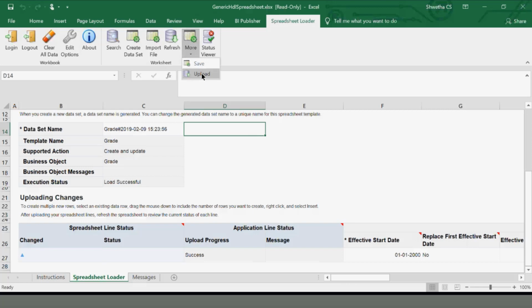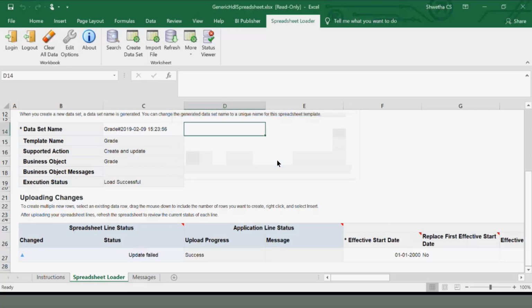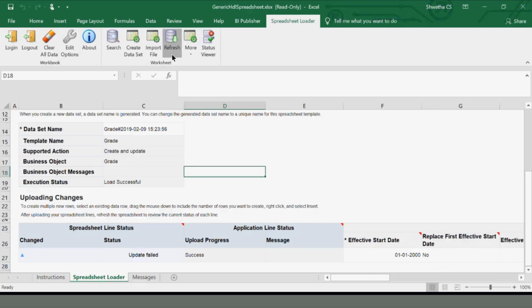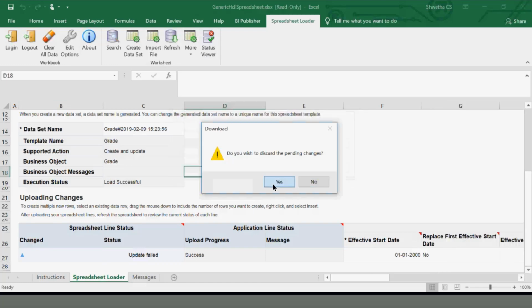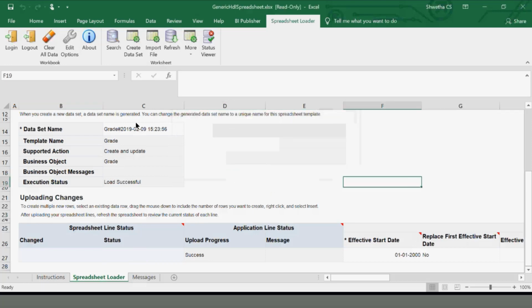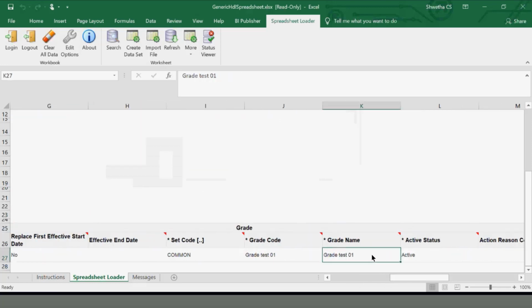So now I will do the upload again. Okay, the batch dataset name is still the same, so the update failed. It's telling me no changes were made, so upload will not be initiated. I'm refreshing the screen again. I changed the name.